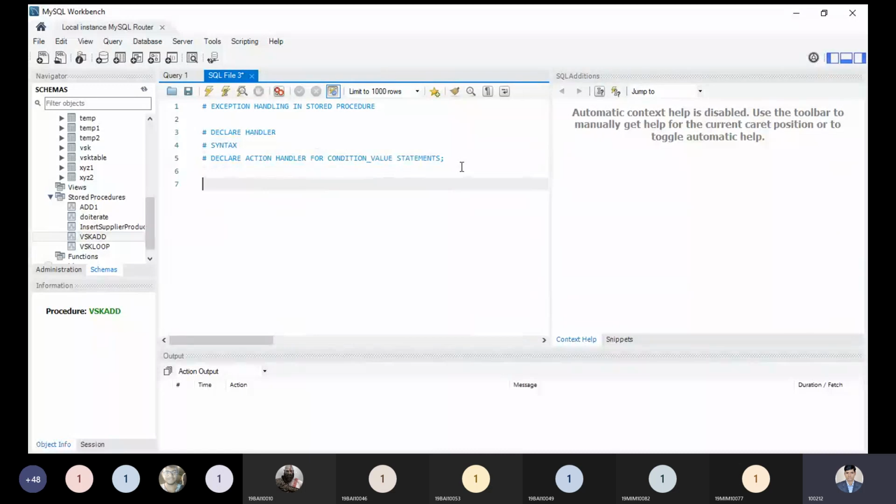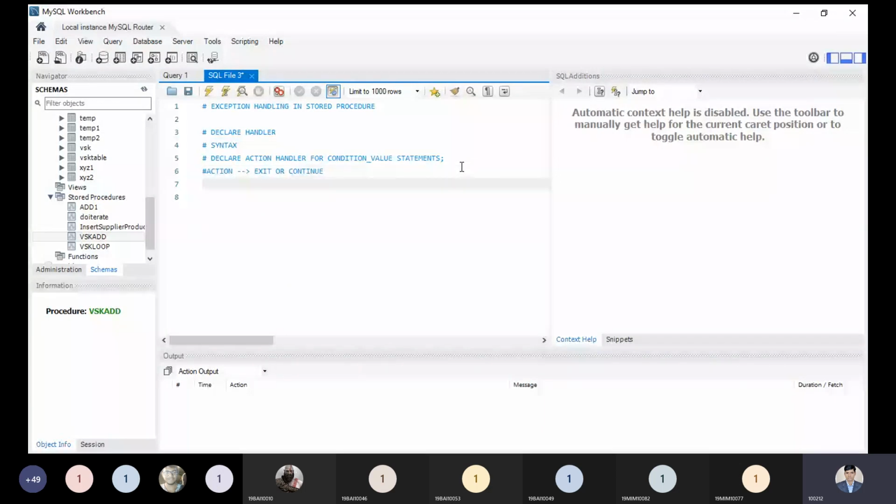Since action could be of two types, one is continue. If you have the action continue, then the execution will of course continue under the begin and end section or block. And if you are using the exit action, then the execution of the enclosing code, the begin and end section where the handler is declared, terminates. So action can be of two types: exit or continue. So this is a point you need to keep in mind.